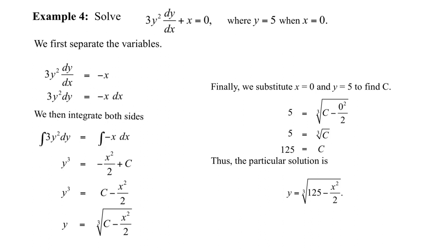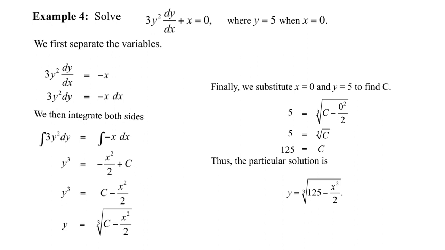So now you can actually integrate both sides. The integration of 3y squared is 3 times y cubed divided by 3, then the 3 will cancel. So on the left side we have just y cubed, and on the other side negative x squared divided by 2 plus c. Here also, while taking the integral, we are adding a constant c, and if you subtract that constant from both sides, on the right side we will have just a constant.